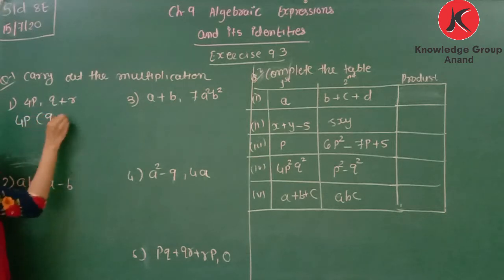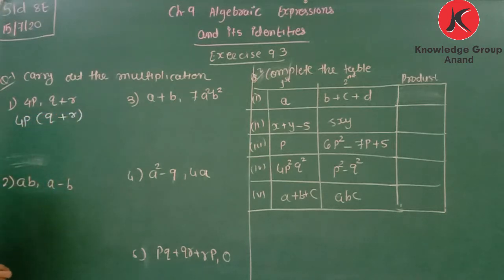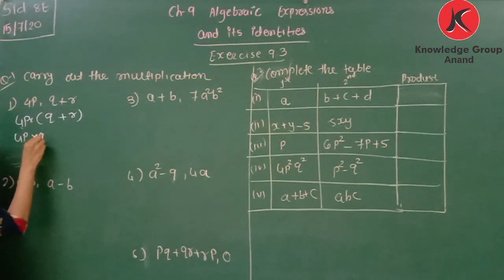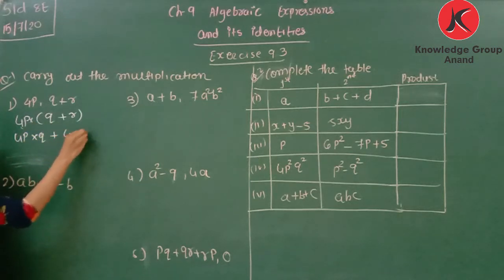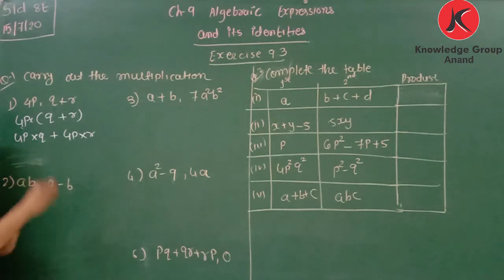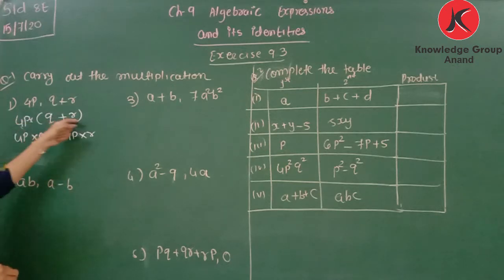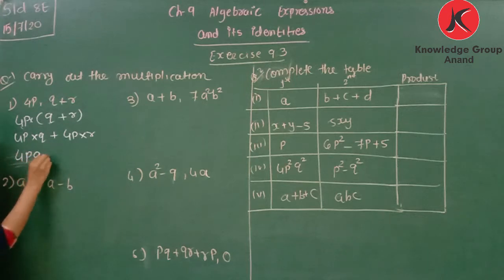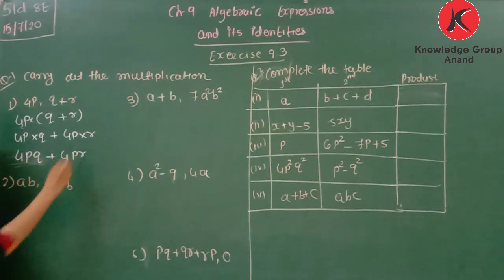4p into q plus r. So here 4p is multiplied with q, plus 4p is multiplied with r. If you don't want to write this step, then you can directly multiply 4p with q, that is 4pq, and 4p with r, 4pr. Then it is also right. So 4pq plus 4pr. Now next one, ab is multiplied with a minus b, so we can write ab into bracket